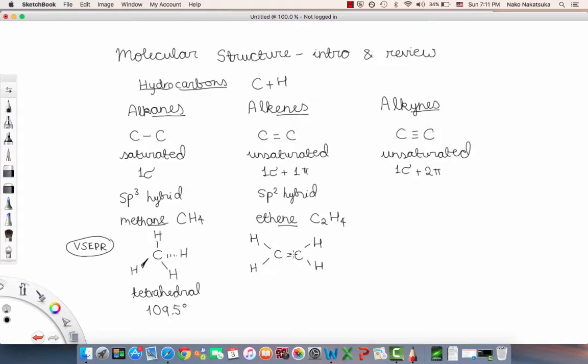So as you can see, now this part, if you look at just one side of this molecule, is in a trigonal planar conformation, right? And so this is called trigonal planar, where the bond angles are 120 degrees, and that's why it's sp2 hybridized.